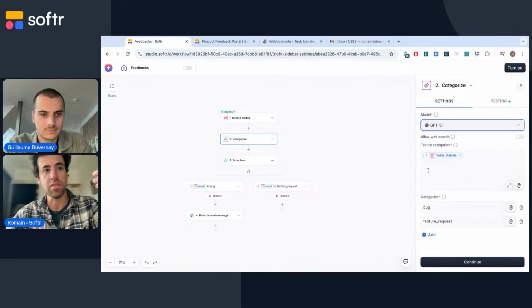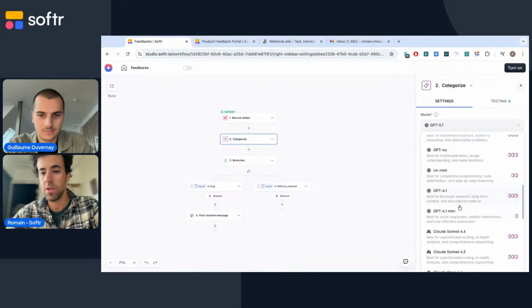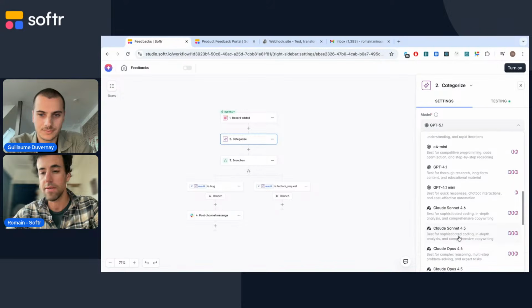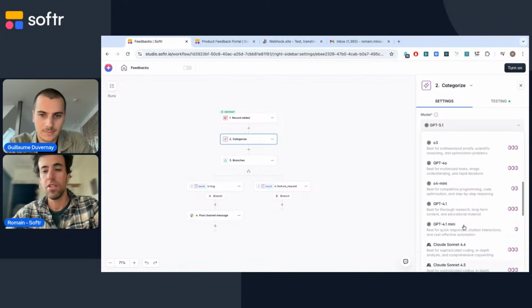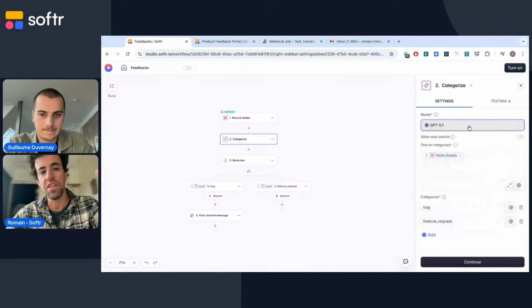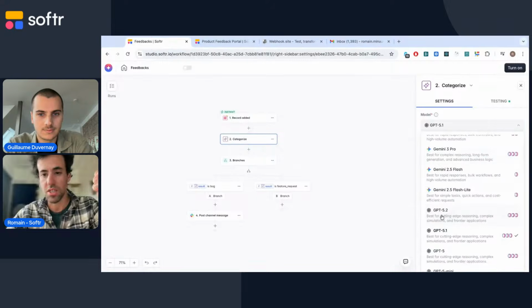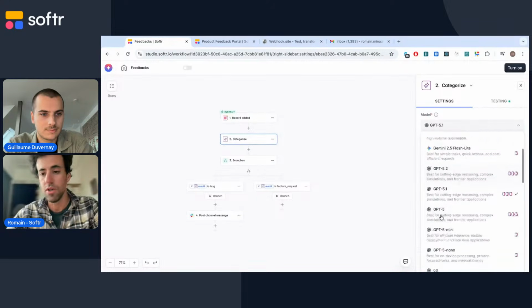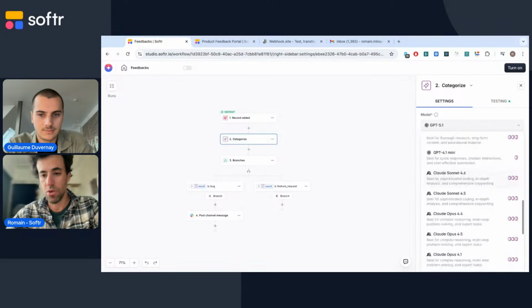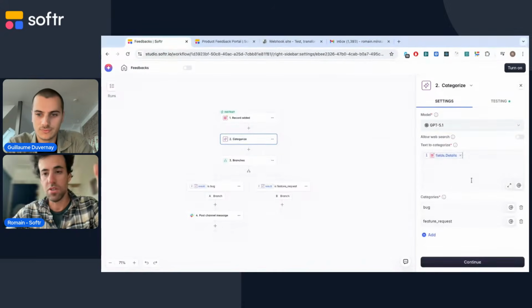If you were generating some code, for instance, you would probably prefer to use an Anthropic model such as Sonnet or even Opus. And if you are in something where you need more thinking to produce some thoughts, to make some decisions in terms of using tools, etc., you would probably use the state-of-the-art models such as GPT 5.2 or even Opus. So yeah, it depends a lot on the use case.